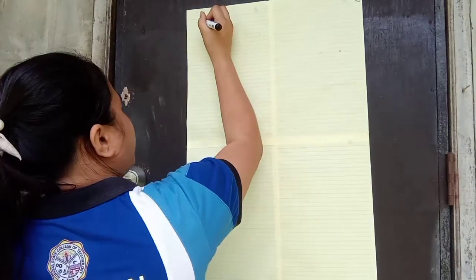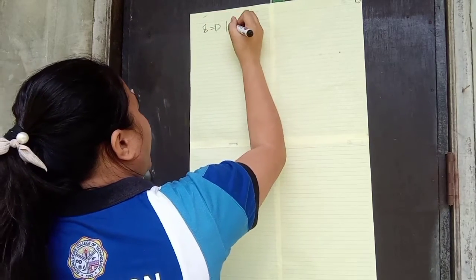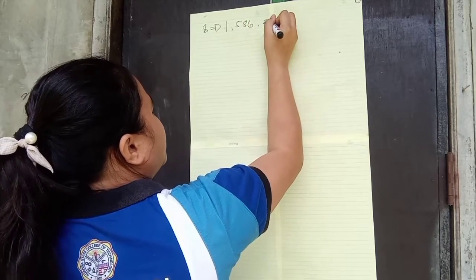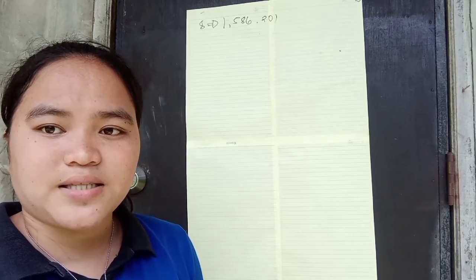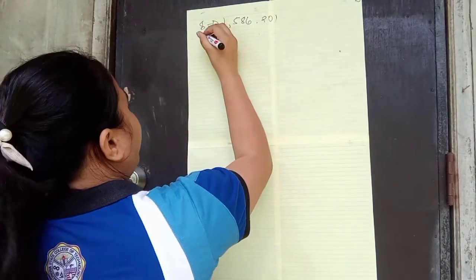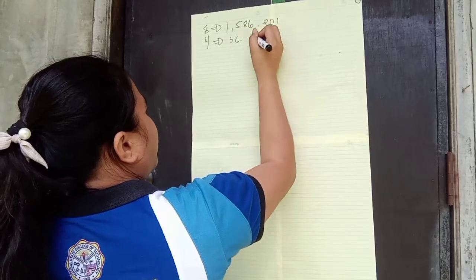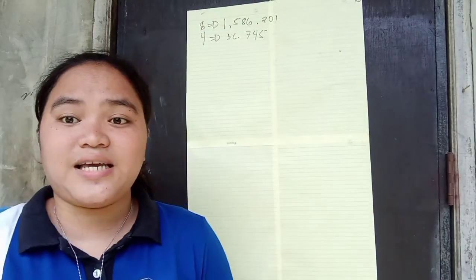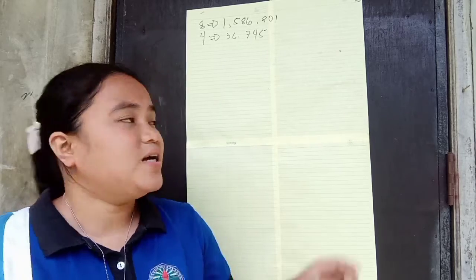Okay, our given number here is the 8 in 1,586,201 pesos. And our next given number is the 4. Our 4 is in 36.745. Now, the question is get the value of digit 8 in